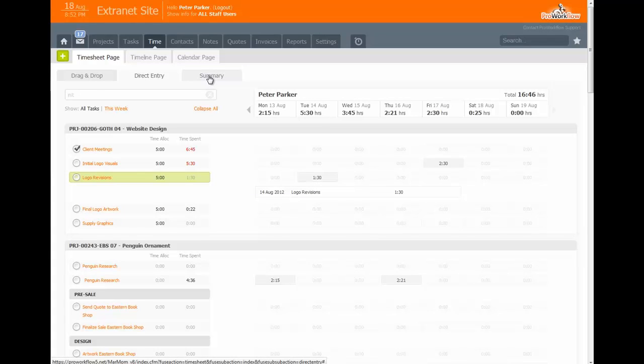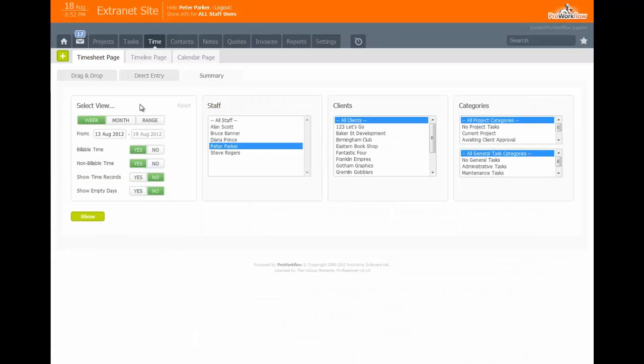Finally, we'll look at the summary view. Here you can view a report, and this is based on the criteria you choose. You can choose whether to view a week, a month, or a date range of your own selecting. Simply select the date you're interested in, whether you want to include billable time, non-billable time,